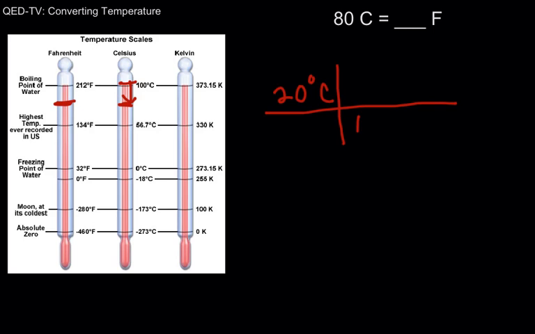And you'll remember there were 100 degrees of Celsius for every 180 degrees of Fahrenheit. So my Celsius will cancel off. If I do this on the calculator, I will get 36